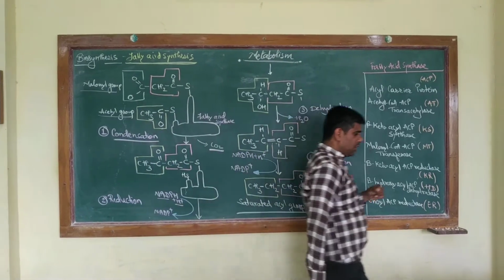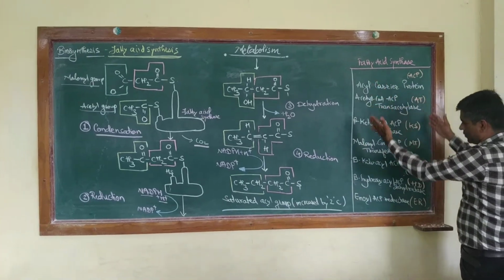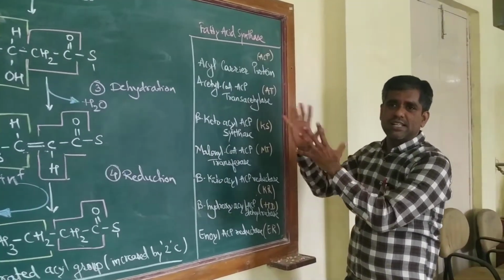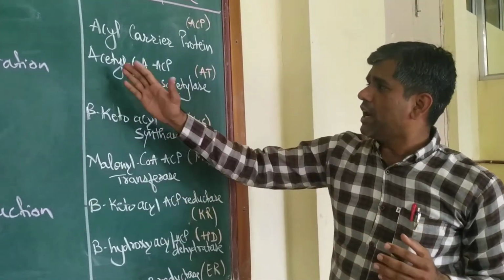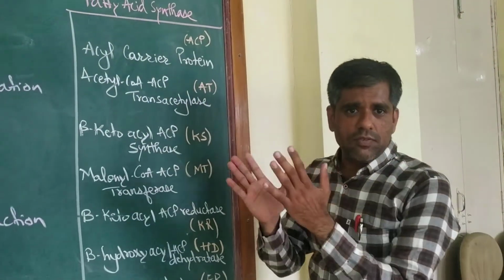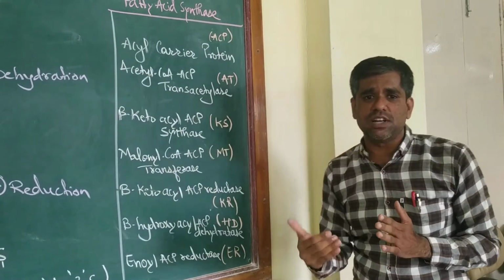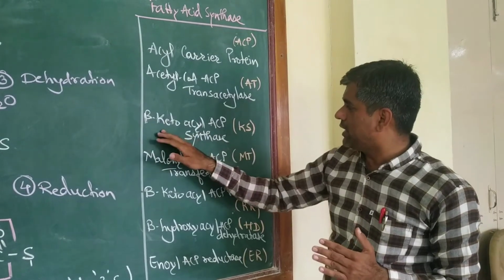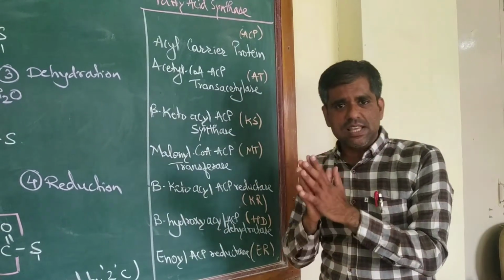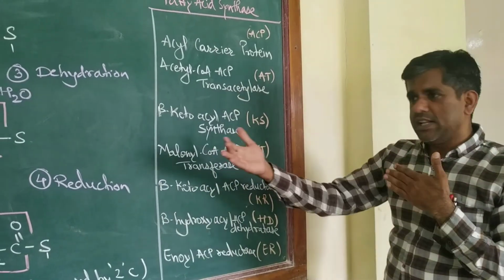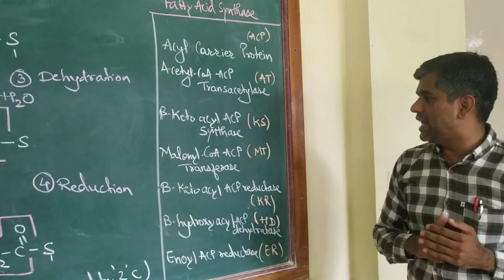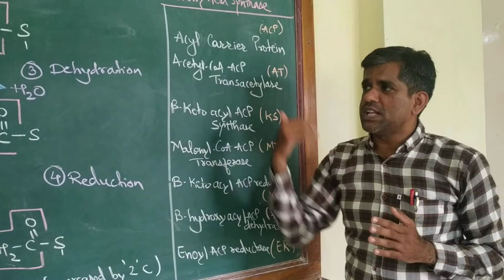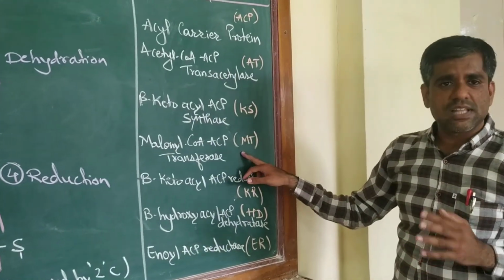The enzymes which are involved in this process, I'll just give a brief overview of the names and the functions. You have acyl carrier protein, the one which is carrying the acyl group in thioester form. The second is acetyl CoA ACP transacetylase, the one which is involved in transferring the acetyl group from the acetyl CoA to the SH of your KS, right? Then we have beta ketoacyl ACP synthase, which joins the acetyl group and the malonyl group. So there is a condensation which is carried out by this beta ketoacyl ACP synthase. Malonyl CoA ACP transferase is transferring the malonyl group. So the malonyl group is transferred from this, and here it has entered into the SH of this ACP.